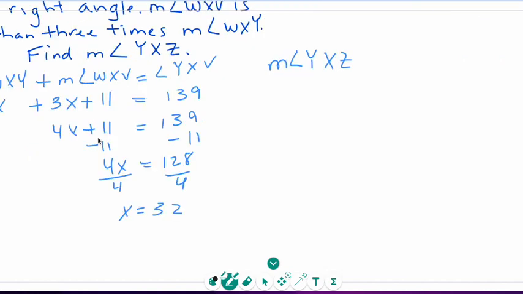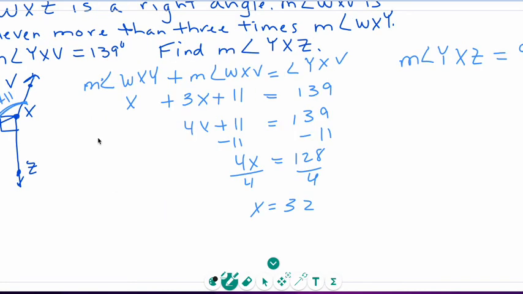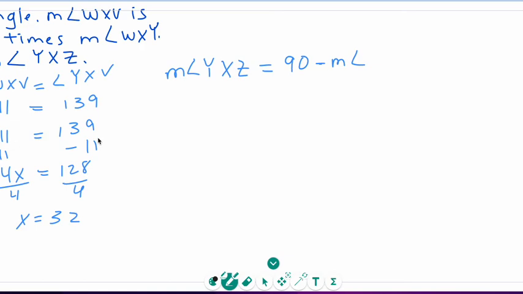So we know that YXZ will equal, let's see, actually, well, we could do this, would equal 90 minus the measure of WXY. So actually the statement that we need above this then is going to be